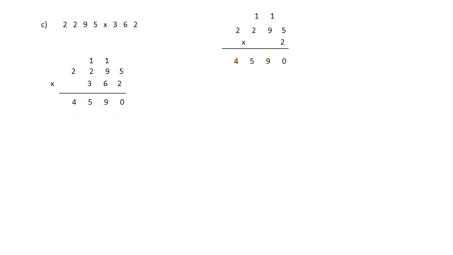Okay, second step is what? We are going to place here 0, or we are going to multiply by 60 here, because this is 60. So we'll multiply by 60 here. See, I have written purposely 1 0 aside this, so that this 0 will be written here, and we are going to multiply this number by 6. So 6 5s are 30, 6 9s are 54, 54 plus 3 become 57, 6 2s are 12, 12 plus 3 becomes 15, 6 2s are 12, 12 plus 1 become here 13.